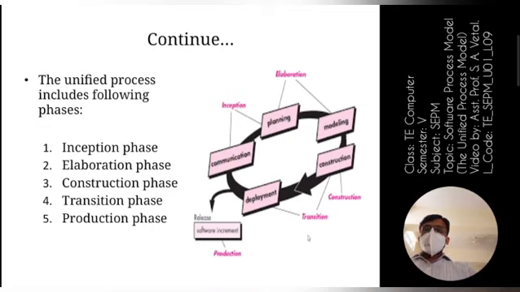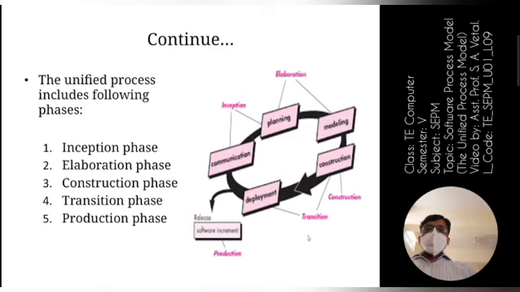It includes the different phases: the inception phase, elaboration phase, construction phase, transition phase, and the production phase. If you observe the diagram, we have different phases in the software development process, and since the last few days we are discussing those phases in each software development process model. The phases are communication, planning, modeling, construction, and deployment. These are the 5 phases that occur in each and every process model.